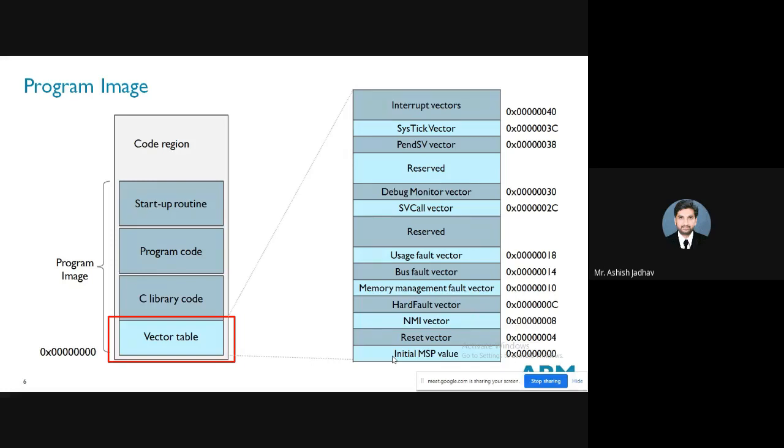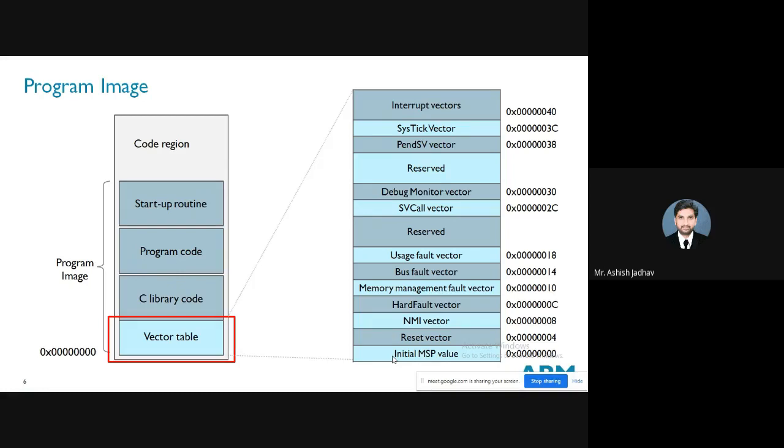We have around 256 exceptions and interrupts, and for each and every exception and interrupt we have one location assigned, so that if that corresponding interrupt or exception occurs, the corresponding vector address will be loaded in the program counter, right?